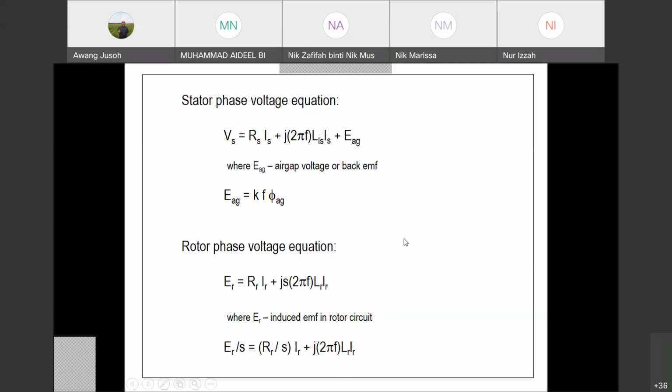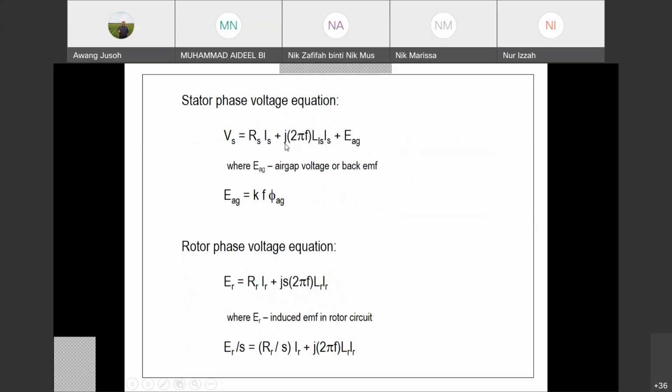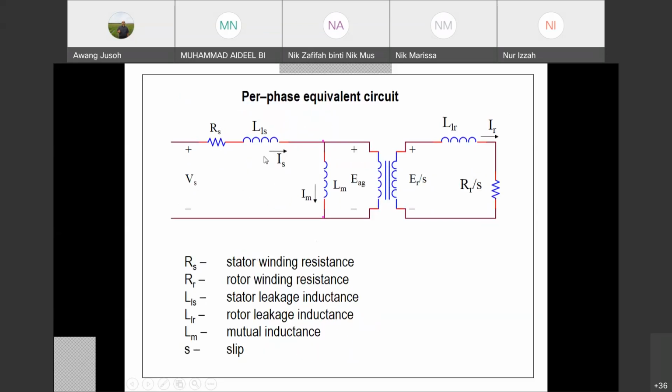Then we can draw the circuit diagram to represent the per phase equivalent circuit for the induction motor, given by this one. We have a 3-phase motor, but now the equivalent circuit is represented by this topology. You call it the per phase equivalent circuit. This is the stator part and this is the rotor part. We draw this based on the equations we have just now. Vs here equals IS RS, where RS is the stator resistance, plus IS multiplied by the leakage inductance, which is here. This is J 2 pi FL. So we have the drop in the inductance there.